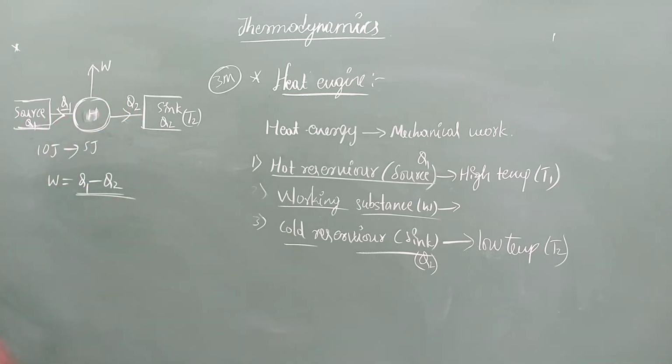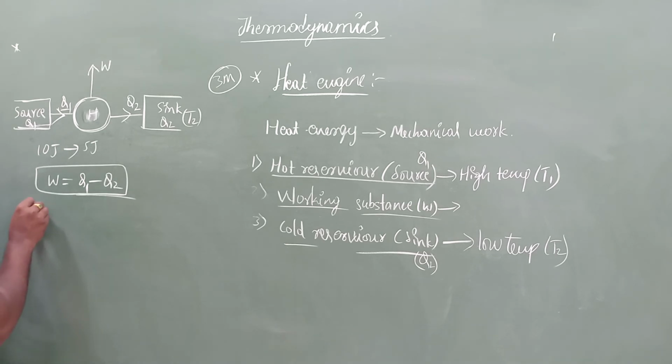In reverse order, what happens when you cool down? The excess heat goes to the sink. This is what we call work done by the system. This is one of the important concepts you have to remember. The amount of work done in a heat engine, in terms of heat, is Q1 minus Q2. Similarly, in terms of temperature, it becomes T1 minus T2.